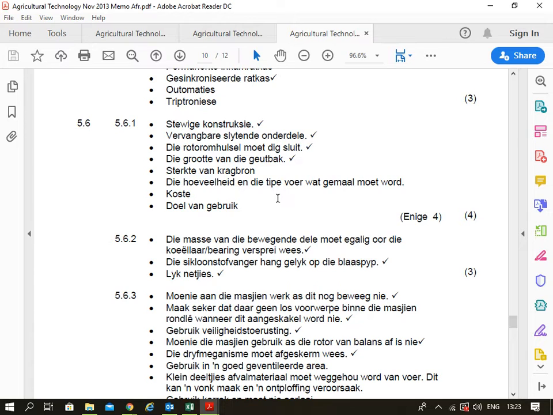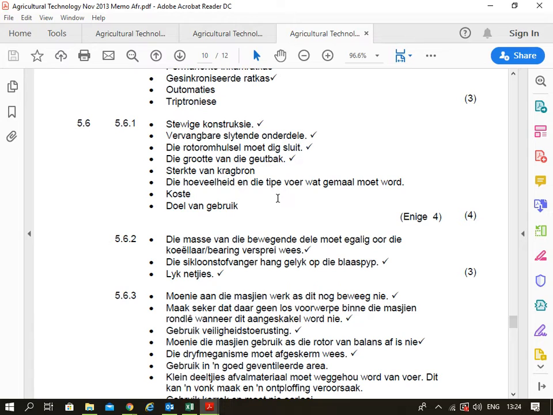Die rotor omhulsel moet digsluit. The rotor cap must be able to seal tightly. Die grootte van die geetbak, the size of the funnel that it goes in, die sterkte van die kragbron, how strong is the power supply, die hoeveelheid en die tipe voer wat gemaal moet word, the type of feed that